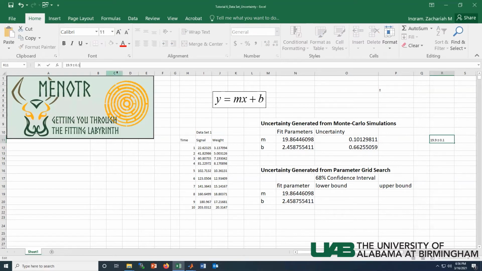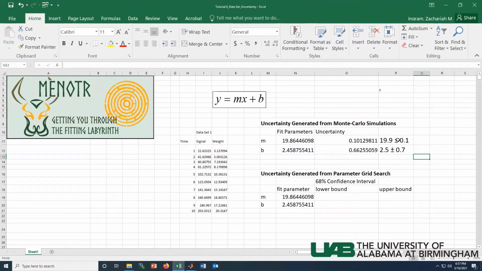19.9 plus or minus 0.1. And then we have 2.5 plus or minus 0.7. So now we've generated uncertainties for, here, I'll make this a little bit bigger so it's easier to see. As you can see, we now have uncertainties on these two parameters M and B, showing how constrained the parameters are. Now, if we want to do this in a different way, using the parameter grid search